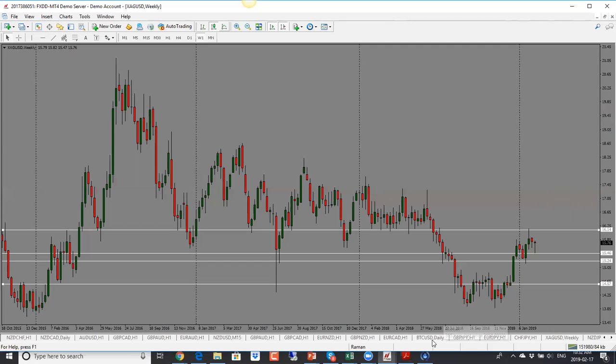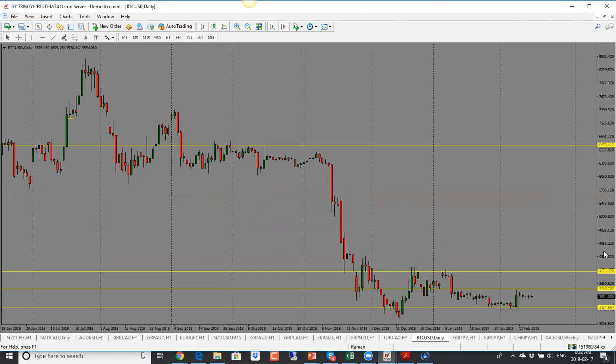Okay, so next one, let's take a quick peek at Bitcoin here. Bitcoin is not doing a whole lot for the last little while. It's just been trading in this range. Now it is holding towards the high of the range, which means it could go higher, but it's just not doing a whole lot. It's just drifting right now and looks range bound. So I would look for it to shuttle back and forth in this range till something comes to push it higher. But for now, this is looking very much range bound at the moment.